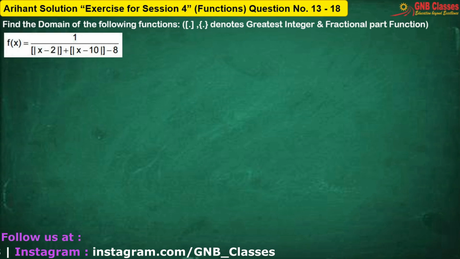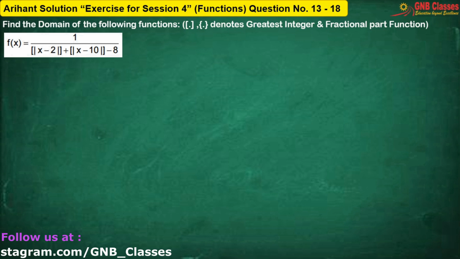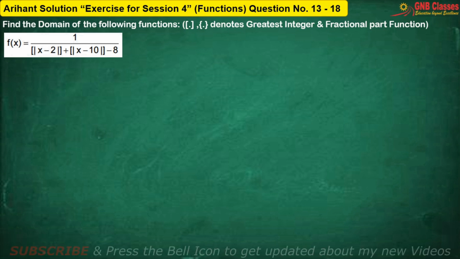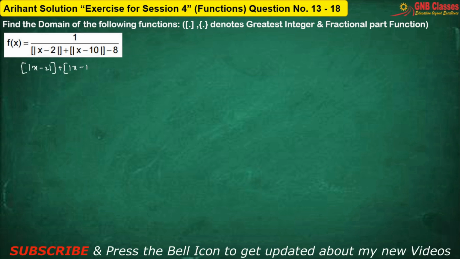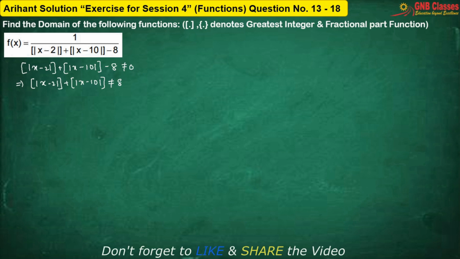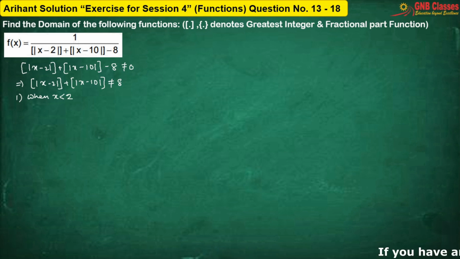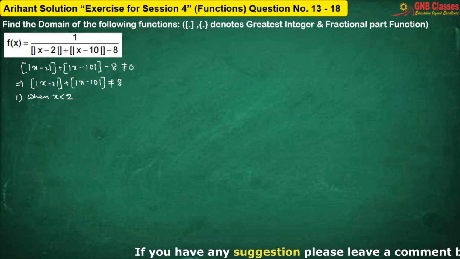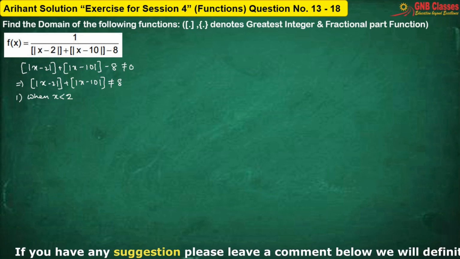Now, in this problem, to define the function, the denominator cannot be equals to 0. That is, so we can say, is it clear? Now we have to define 3 sections. One is when x is less than 2. We are now not considering the borderline cases. We will check it later on. When x is less than 2, then,